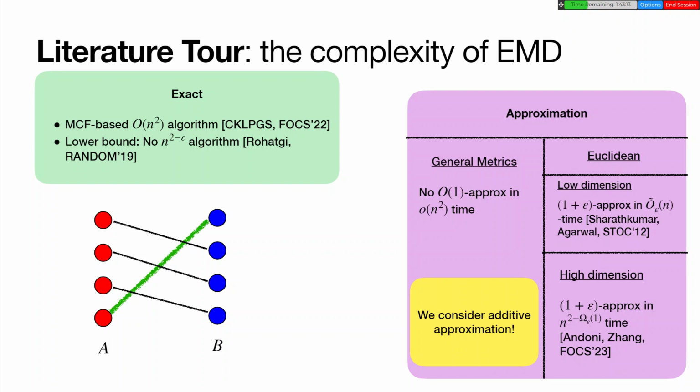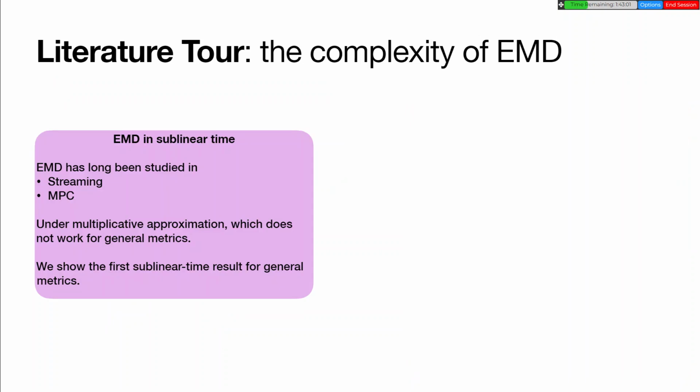So that's why we consider an additive approximation, because multiplicative approximation is not promising in this setting. In general metrics, we cannot achieve any meaningful result with multiplicative approximation. So Earth mover distance has a long history of being studied in sublinear models, in the Euclidean setting, in streaming, and massive parallel computation under multiplicative approximation, which doesn't really work for general metrics. So for general metrics, we show the first sublinear time result